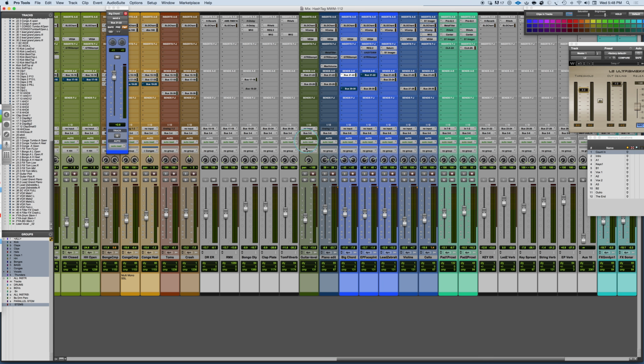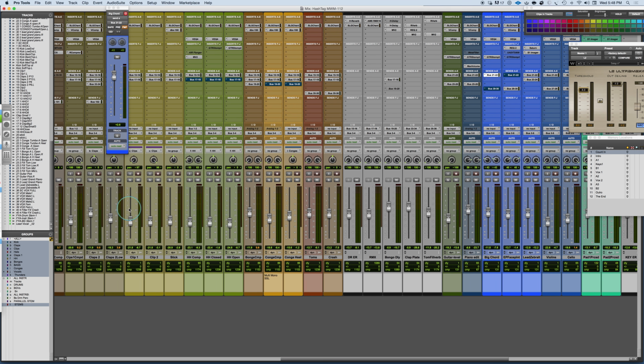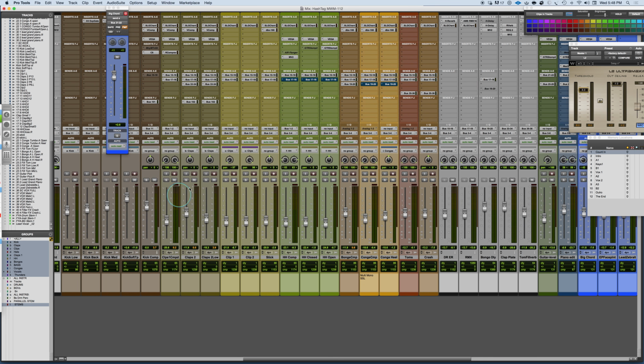There are so many examples here of stuff like this that you can work with, working with different hi-hat parts. I have a couple of clap parts here where one is primarily dealing with the low clap energy and the other is dealing with the high clap energy, and getting them to coordinate together. So I may process them differently, put a little bit more reverb on one if I want it more high-endy on the reverb side or low end on the reverb side, working with the power of it and creating things. So even on effects, if I have a certain effect, for example here on the claps,